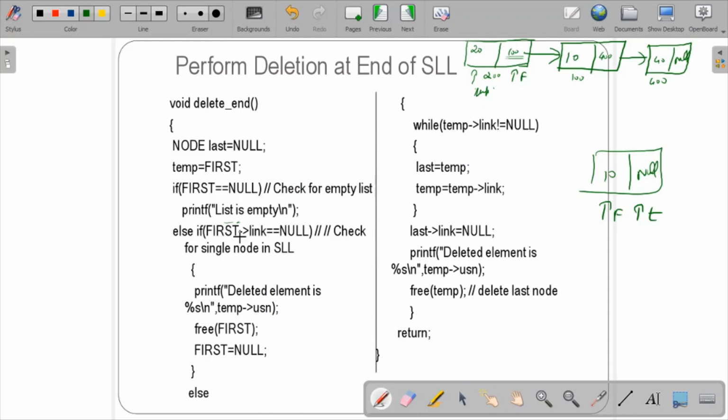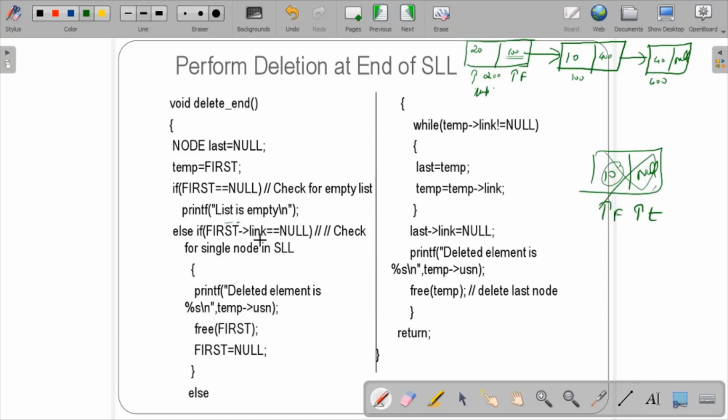So else if first link is equal to null, for this condition I'm just showing. If this was the case, print the deleted element, whatever the USN I wanted to print. Then free first, I'm deleting this entire node, and then first is equal to null, I have to assign, that's it.